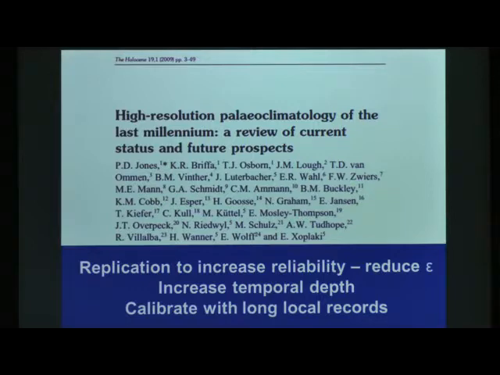Next thing they recommend is to calibrate with long local records of SST or of temperature. Typically this is hard to do as well because a lot of tropical locations do not have local sea surface temperature records. So we use gridded data products. The other thing is long records. They're just not out there for a lot of locations. However, that being said, with the Dry Tortugas study that I'm going to show you today, I've addressed all 3 of these concerns outlined in the Jones paper.